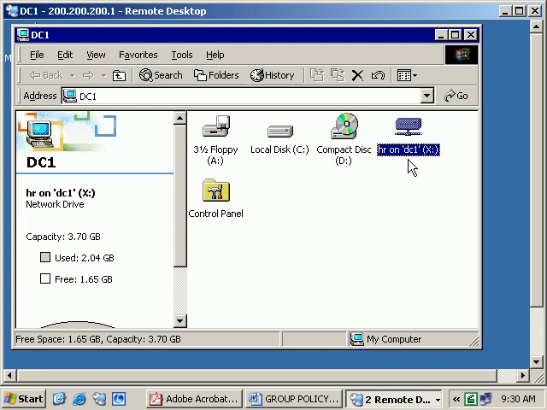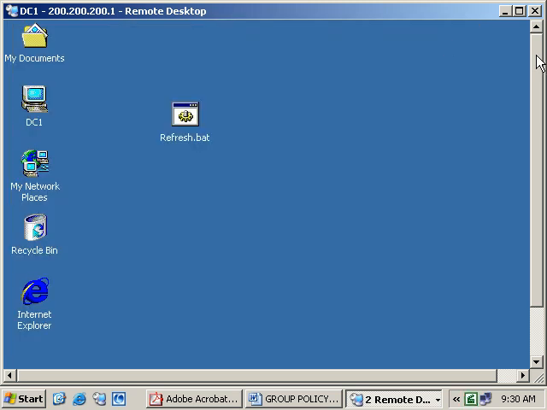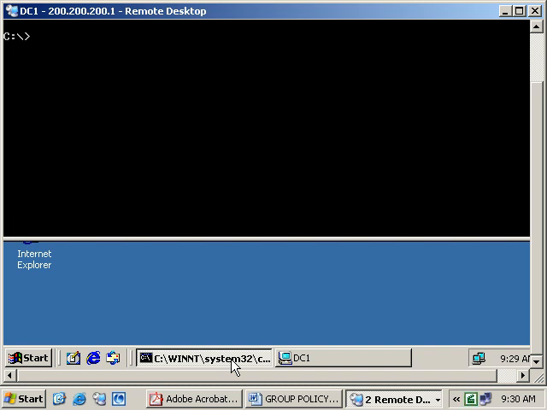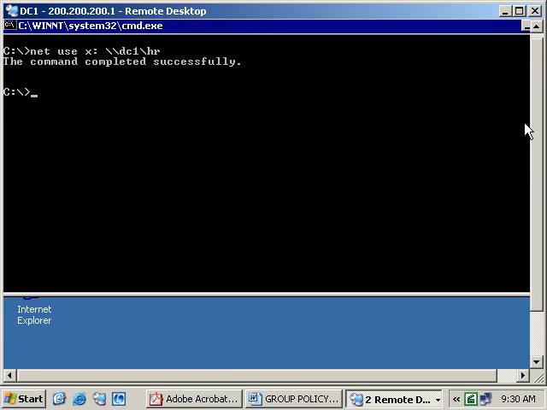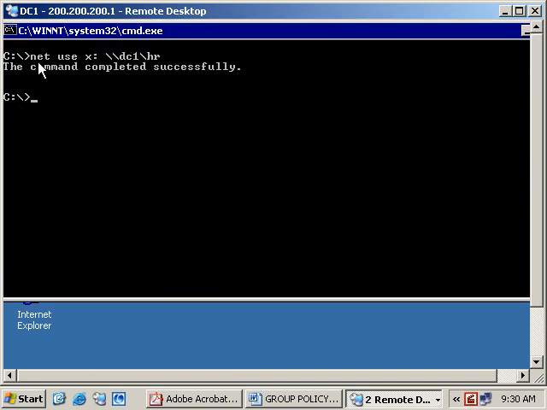Now, of course, I'm going to do this on the server, then eventually you want to run this on a client machine because it is a client that needs a shared HR. But what I wanted to show you over here is a command that will actually map the drives for us. Okay, so that was the command that you will use, and we tested this command out. We know it works. So now our next objective is to actually create a batch file and then put this